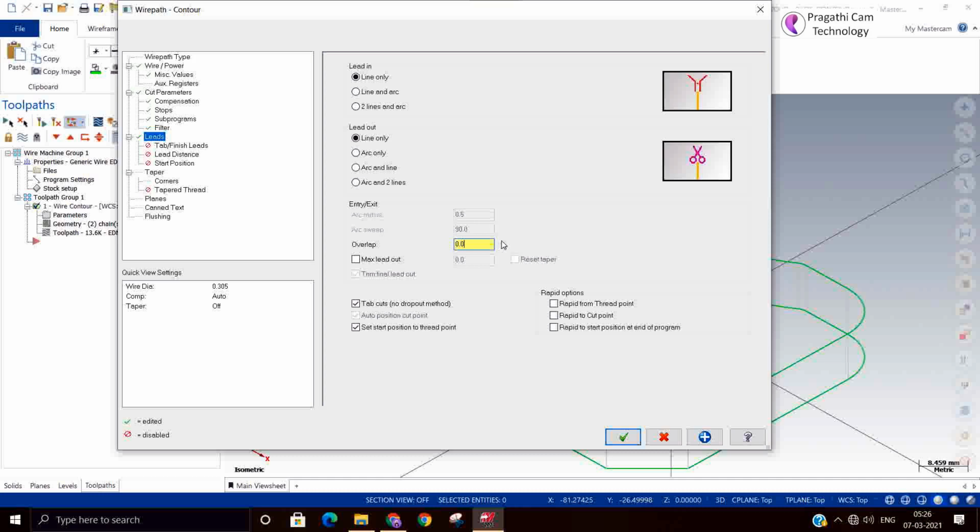If you exit in the same place as the entry, there may be chances of a wire mark. So this overlap moves the exit a little forward from the entry point, which makes it possible to avoid this wire mark. This is called the overlap. All these things you can apply to the tab cut also.